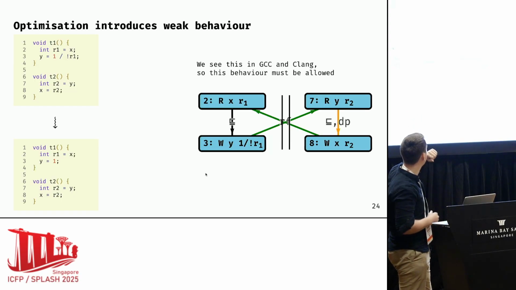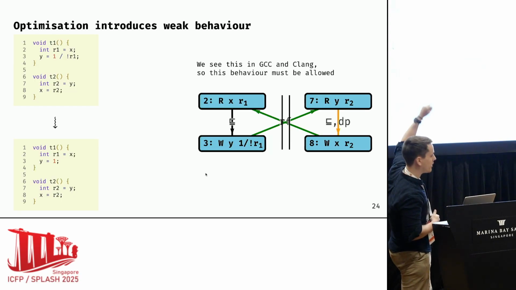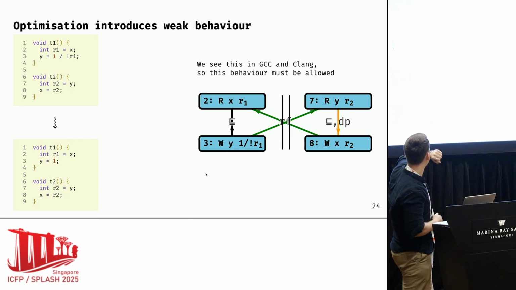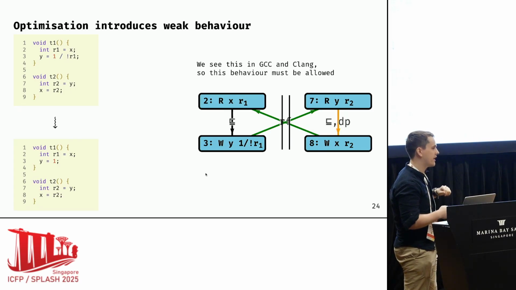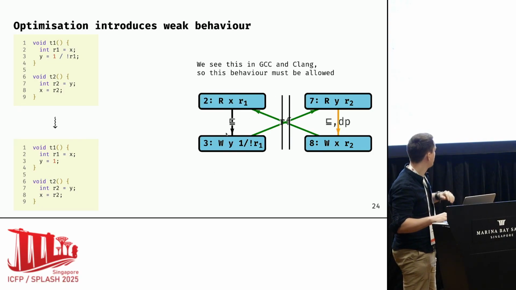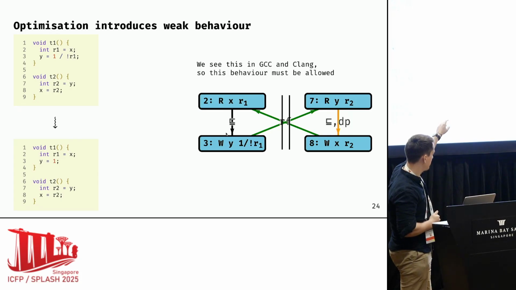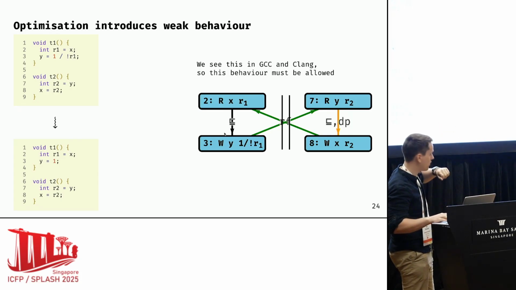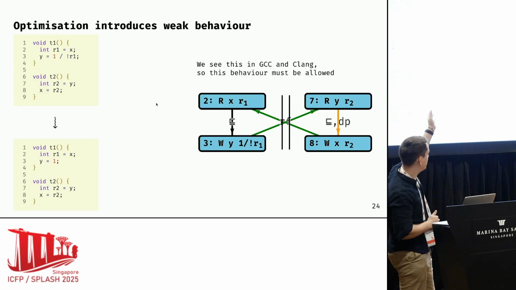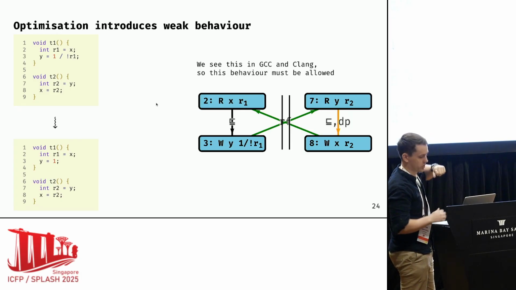So putting this in the wider context, we now have T1, which looked like the previous example, and now we have T2 that does some stuff with X and Y. And now we have a shape that looks oddly like our thin air example from before here. But we don't have this dependency edge because we're allowed to optimize away the dependency. And GCC and Clang also think this behavior should be allowed. So